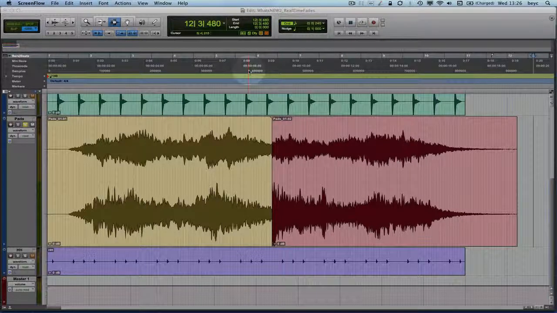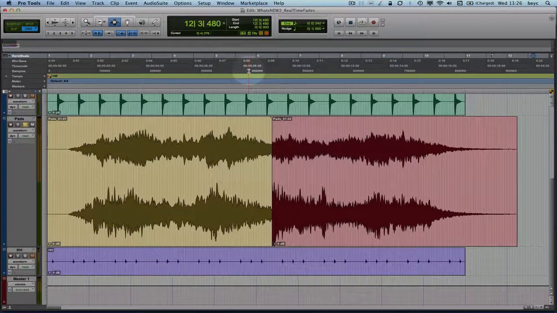In this video, we're going to talk about real-time fades, which is a new feature that has been introduced in Pro Tools 10. Now Pro Tools 10 does not render fade files anymore and store them inside your fade files folder. It is in fact calculating your fades in real time. What this means is that you will not see anymore a fade files folder being created inside your session folder